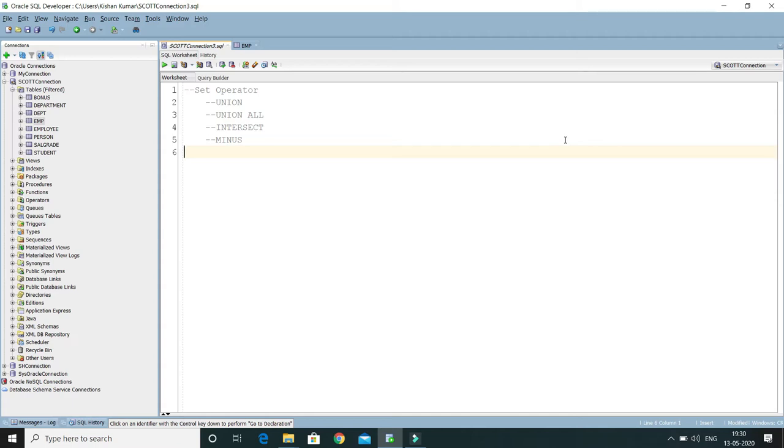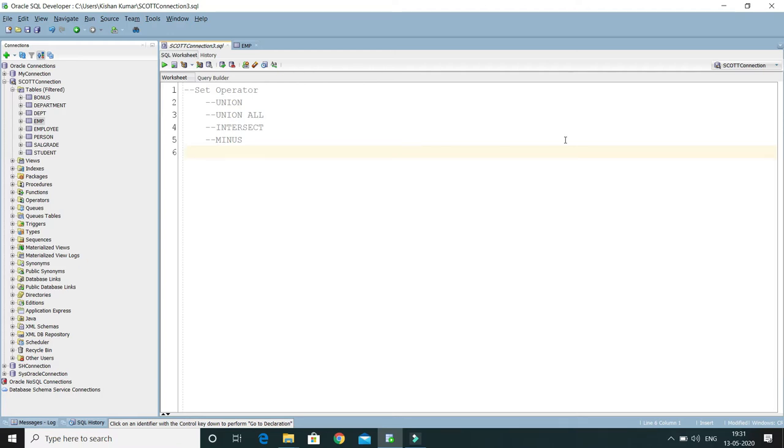Let's start with the union. When multiple queries can be merged together and their results combined, then we use a union operator. The union operator retrieves the rows of the first query plus rows of the second query, excluding duplicates. When I say excluding duplicate rows, the queries are executed independently and their output is merged. Only the final query ends with the semicolon. The number of columns in all the queries must be the same, of the same data type.